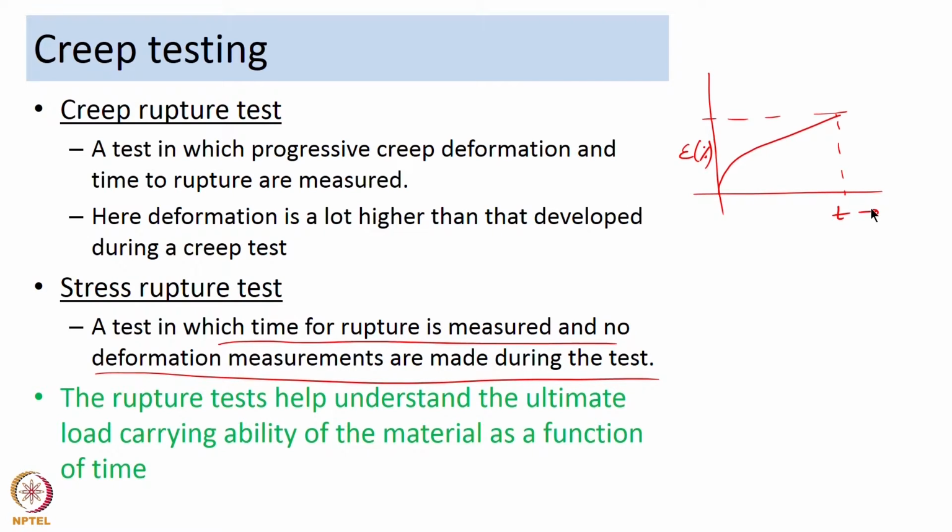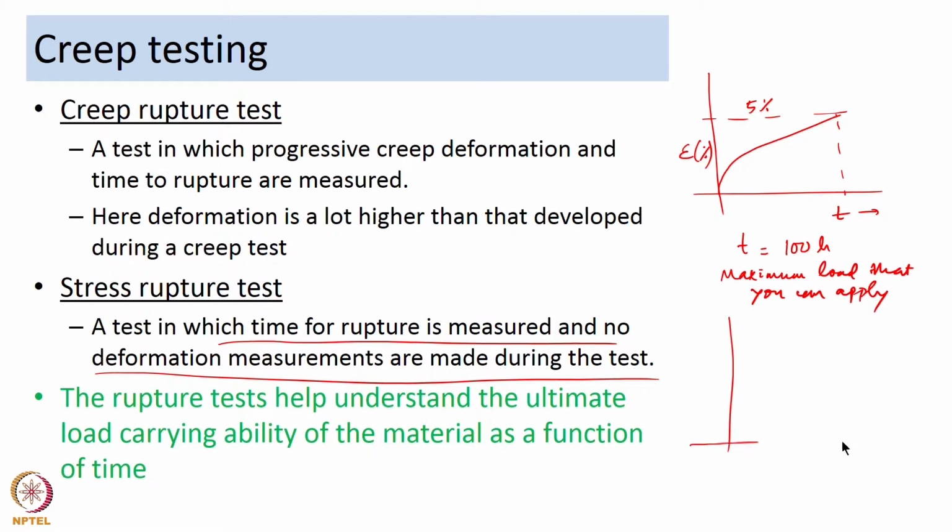So, if you define your creep test as time taken to reach a certain strain, let us say 5%, and you have already defined the time, say the time is 100 hours and the maximum allowable strain is 5%, then based on that you can know what is the maximum load that you can apply. So, if you define the time for which you are going to allow the material to strain and the maximum strain that you are allowing is only 5% as an example, then you know what kind of loads you can apply.